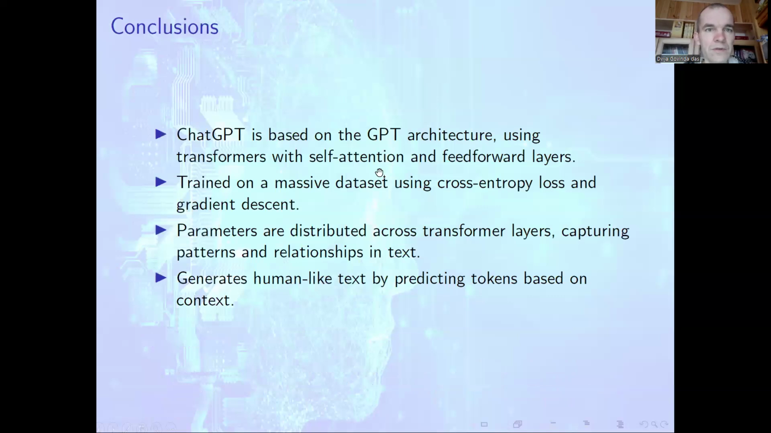So, just for the conclusions, we consider that ChatGPT is based on the GPT architecture, which uses transformers with self-attention and feed-forward layers. It is trained on a massive dataset using cross-entropy and gradient descent, and its parameters are distributed across transformer layers, capturing patterns and relationships in text. And so it can generate human-like text by predicting tokens based on the